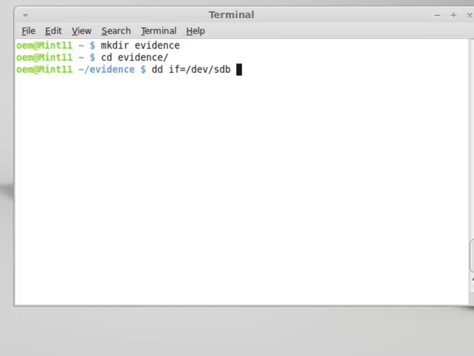and we're going to use the dd command as we saw in the previous class. And we want to take the entire disk, the whole disk. SDB1 would be the partition, SDB is the entire physical disk, and our output file is going to be named, let's call it